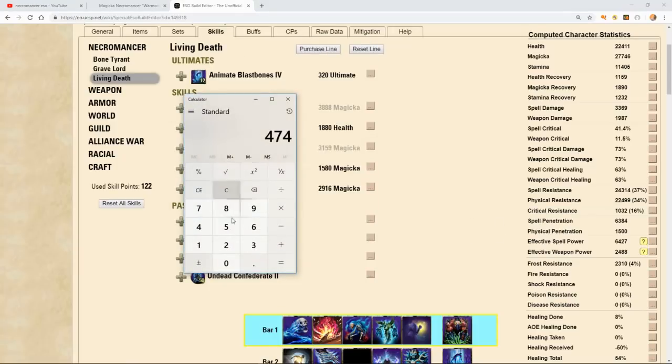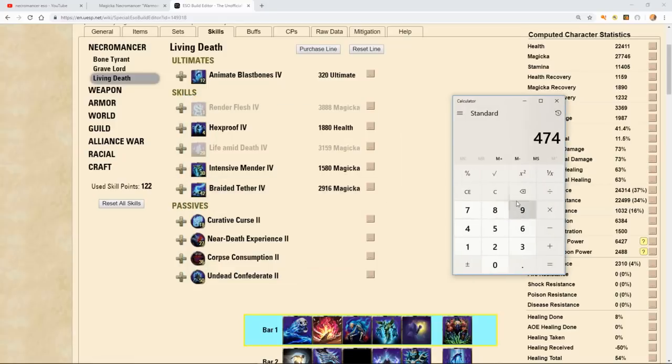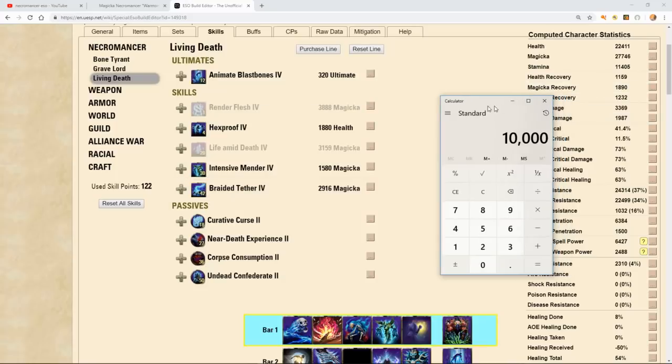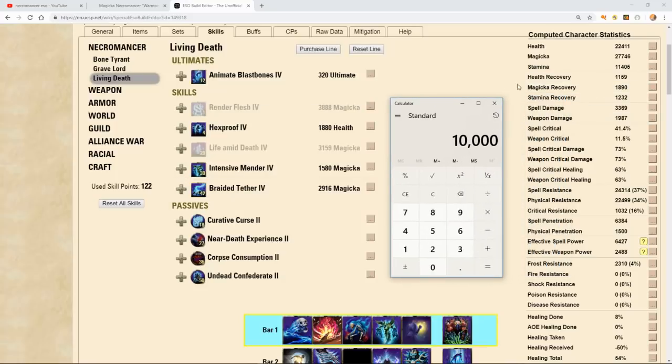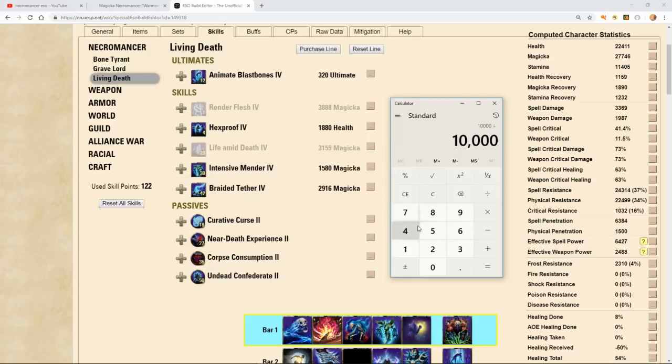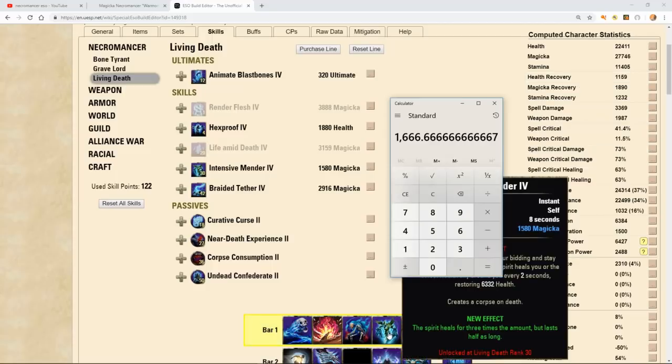So what does that look like in terms of regen, right? It's over the course of 12 seconds, so that means you're getting 6 ticks. It's roughly 10k. So because it lasts 12 seconds, it comes in at half-second intervals. But just to compare it to health recovery, it's 6 ticks, right? Because it's 12 seconds, so in terms of regen, it's 6 ticks. So you would divide the 10,000. Again, that's because in PvP this is going to be cut in half, and so divided by 6, that would give you an extra 1600 in HP recovery, and that is not including what you get from the Intensive Mender,